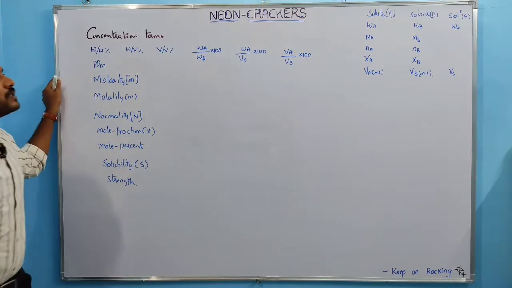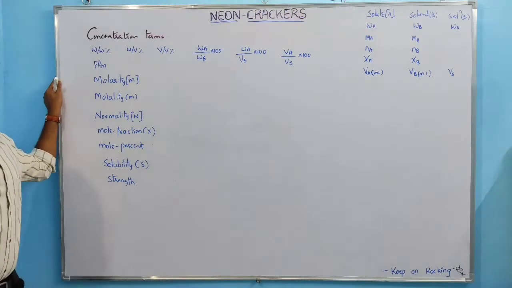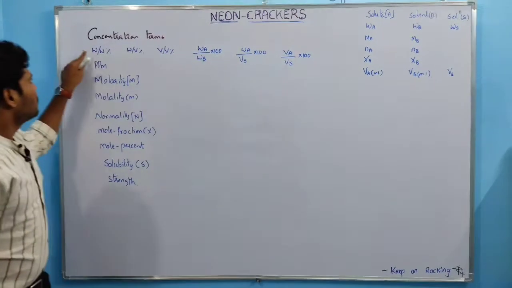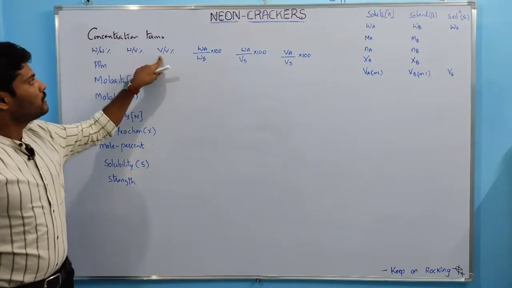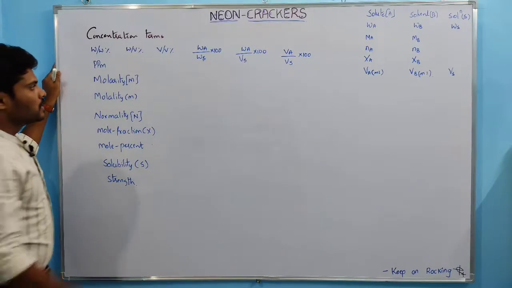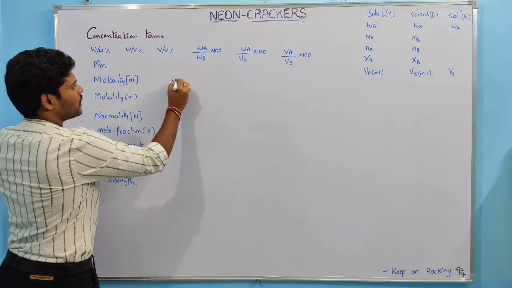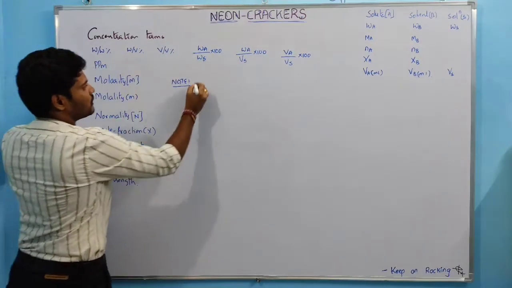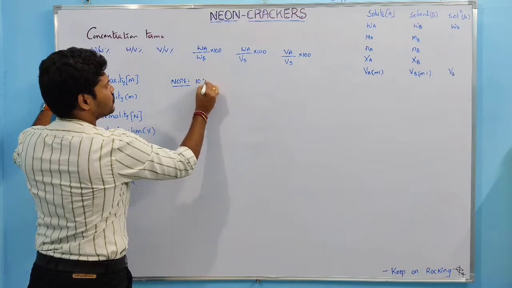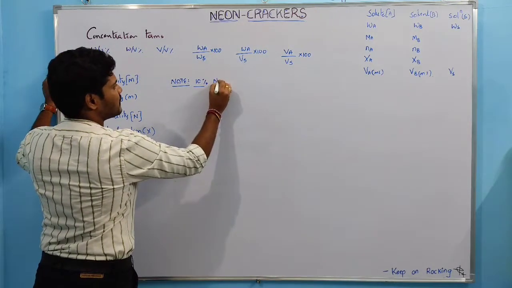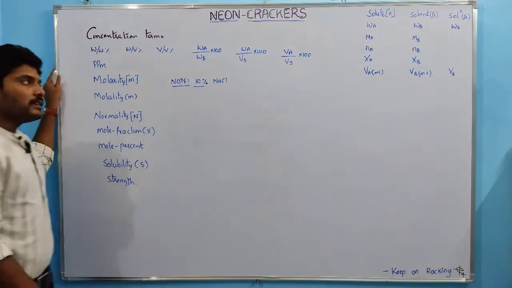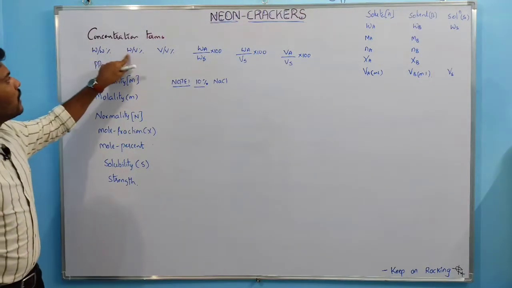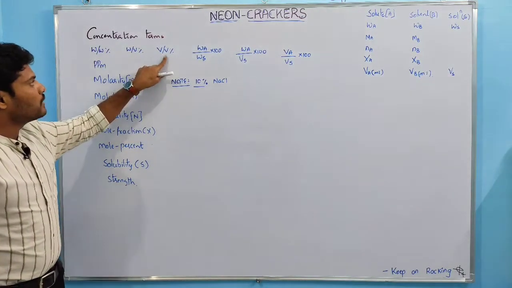Volume of the solute that is dissolved in 100 ml solution. So these are the simple equations of the W by W, W by V and V by V concentration terms. So make note, beta, if in a concentration term nothing is mentioned, there is no indication like 10% NaCl, then what term is it? Either it is W by W, W by V, or volume by volume.